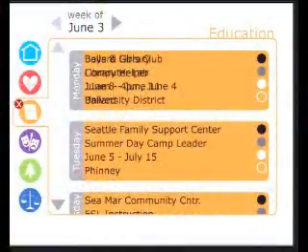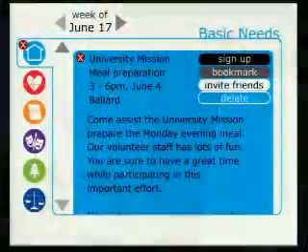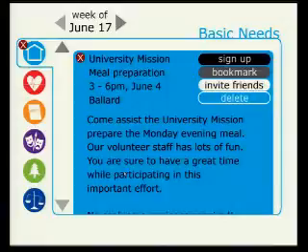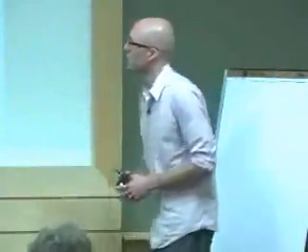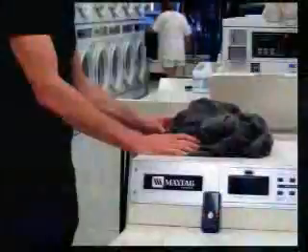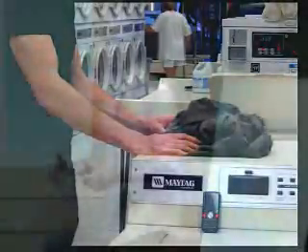She also saw there was another new event up in the basic needs category. So she decides to check that out while she's here and sees that this meal preparation event has occurred, and she knows that one of her friends is a great cook and would probably be interested in checking this event out. So she goes ahead and invites her friend. And so we'll see her friend here, a dashing fellow in the laundromat, picks up the event and says, yeah, this is great. I want to sign up for this particular event. And while he's folding his laundry, the saga continues.